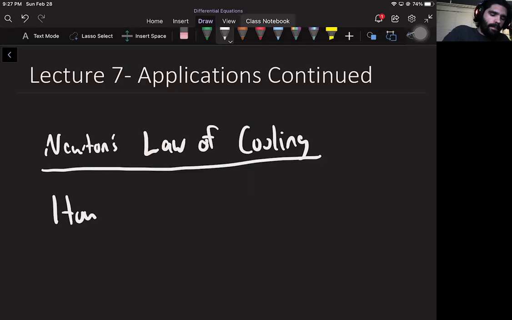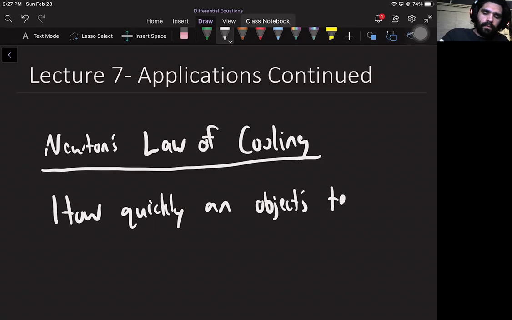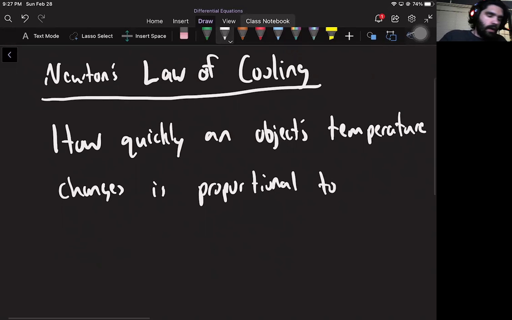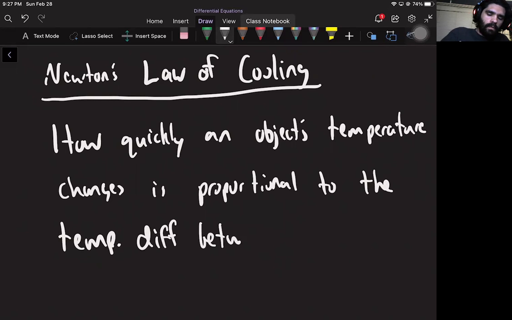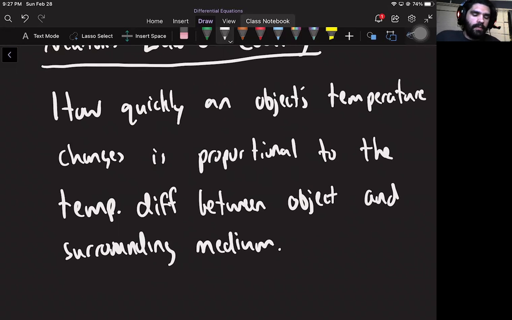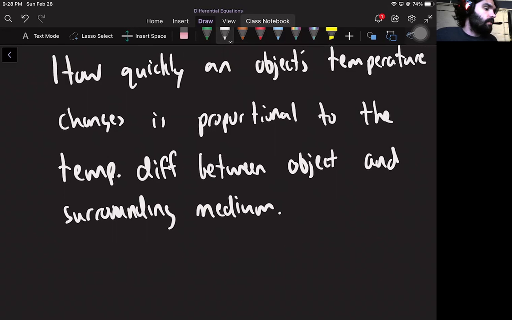And the idea is that how quickly or how fast an object's temperature changes is proportional. So the keyword from last time, proportional, will tell us something in a second, to the temperature difference between the object and wherever you put it. So we call wherever you put it the surrounding medium. So that could be like the air temperature, or if you dunk it in water, the water temperature. So that's the idea. So how quickly an object's temperature changes is proportional to the temperature difference between the object